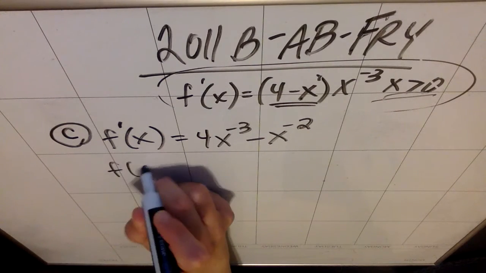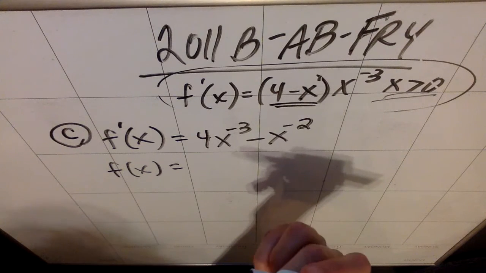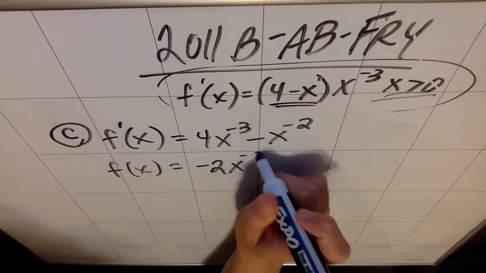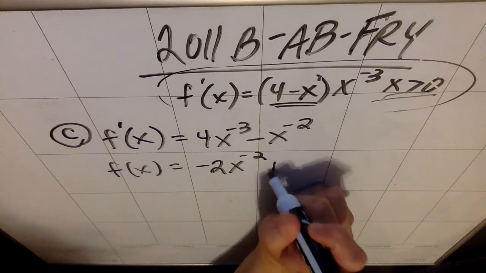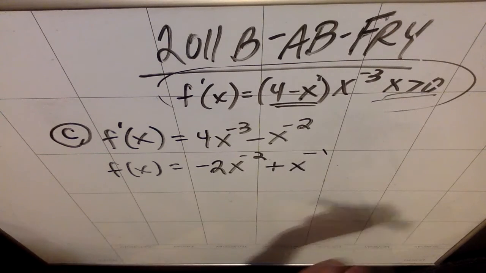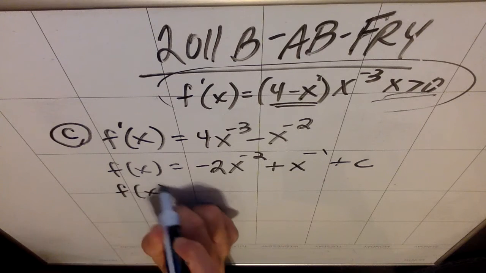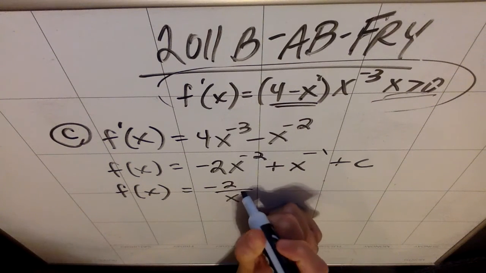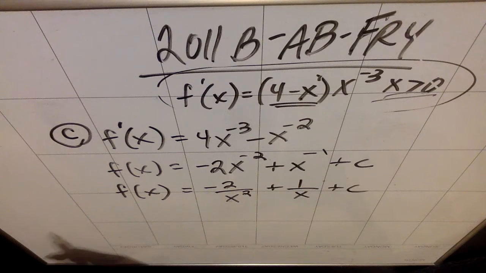So if I integrate to get f prime, when I integrate x to the negative third, I'm going to up the power by 1, which would be negative 2, and divide by the new power. So I'm going to get negative 2 x to the negative second, and I'm going to up the power of the negative 2 to a negative 1 and divide by the new power. So I'm going to get plus an x to the negative first, plus my constant of integration c. So f of x is going to be, and it's up to you, I prefer to write things with the terms on the bottom rather than negative exponents, so I'm going to write a negative 2 over an x squared